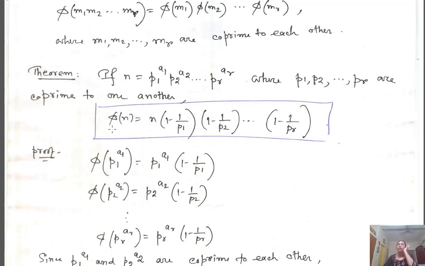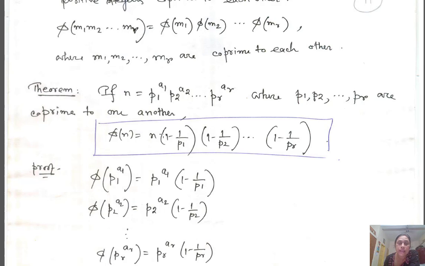Okay, so using the previous two results, this one we already know. Phi of p to the power k is p to the power k times 1 minus 1 by p. So that result